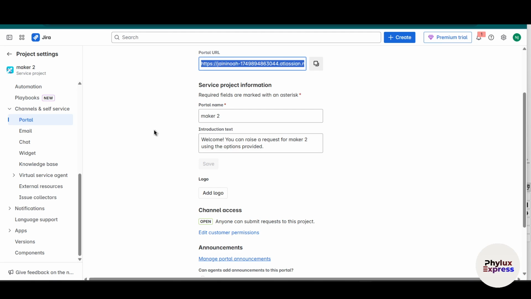Now, let's say you want to change the portal. You have to give a different name to your portal, so from here you can change that. So my portal name is solution. Now, second, you have the introduction text. You can customize it to say, welcome to